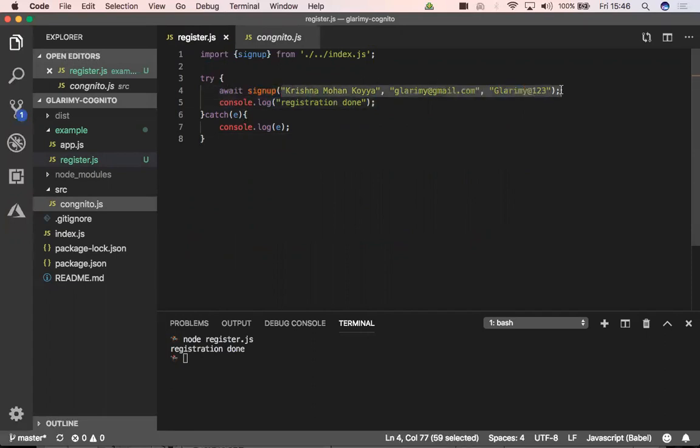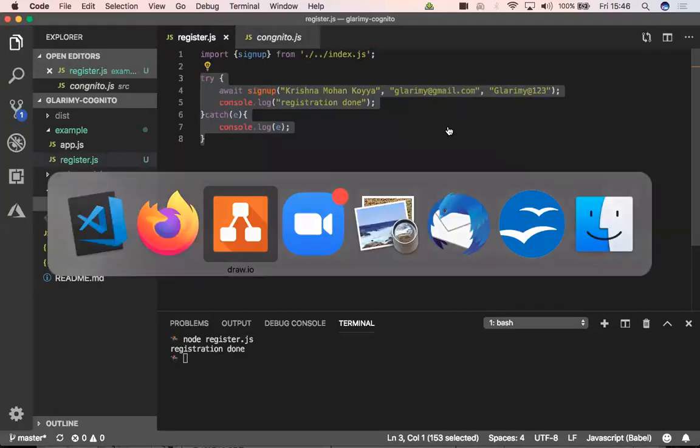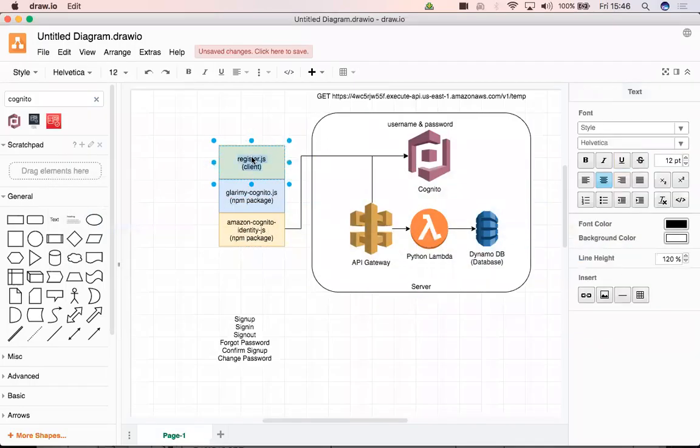In this one, rather you may have a form asking you to give the username, password, and your name. You click on the register button, and that button will call an onclick event handler, and that event handler will have this piece of code where you will receive the actual username by using document get element by ID, and so on. Okay, got it. So in this diagram, instead of register.js, it would be an ERP application. That's going to be your client.